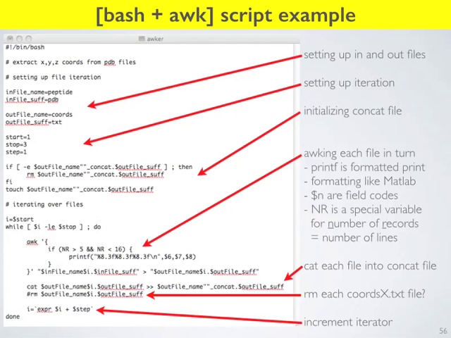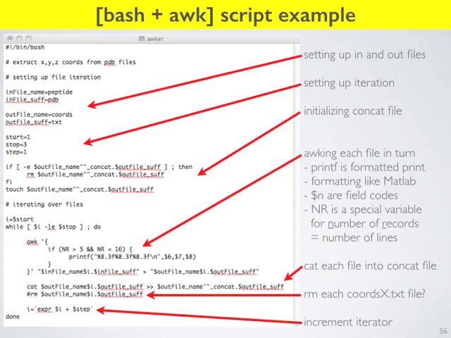And so the way we get it to do that is, first of all, we say, let's look at this part, printf, and this is awk code now, this is not bash. printf just means print. So if you use MATLAB, you'll be familiar with printf. So it just means print in a formatted way. How are we going to format things? You have to open and close with double quotation marks, and then provide the formatting variable for each output that you want to write.